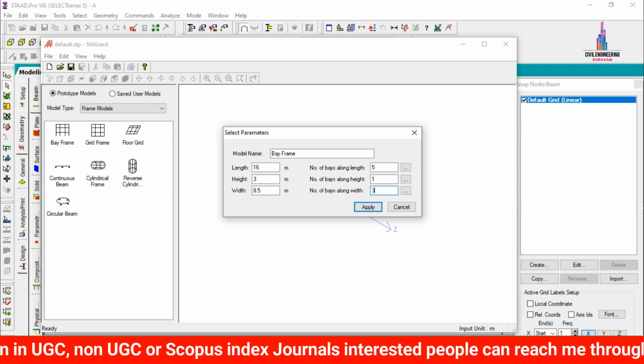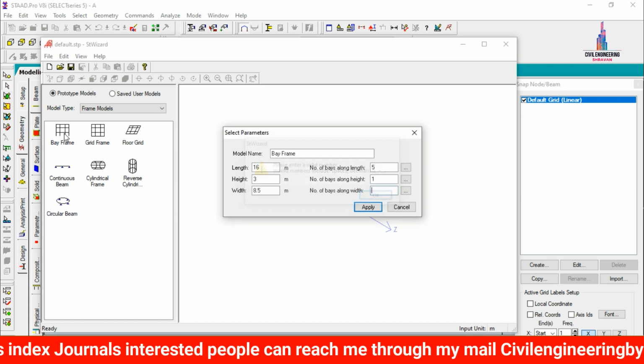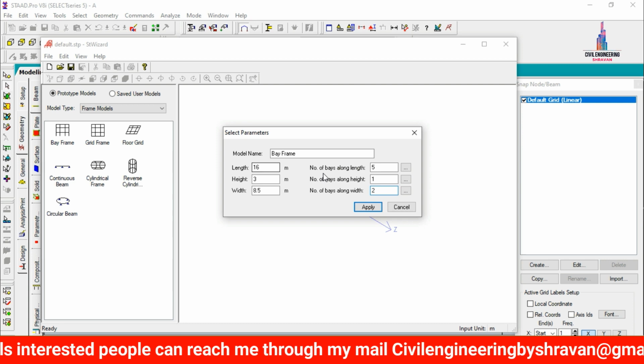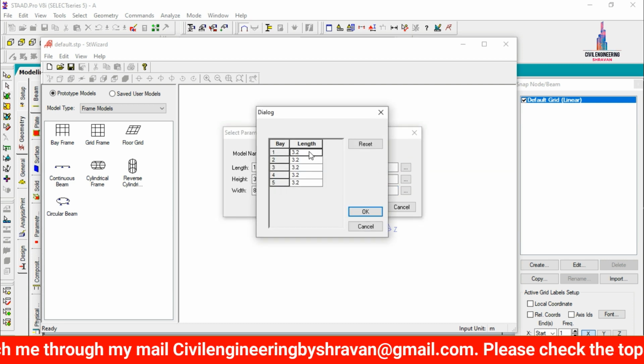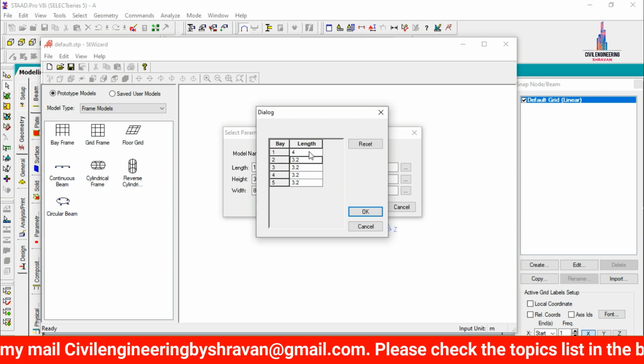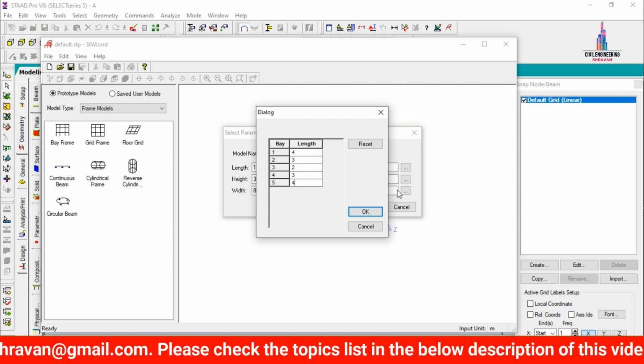Again after that we have to model that lift provision. Here I am taking an example of 2 meters. Let us consider 2 sections. After that we have to select these 3 dots. Initially we need to enter the length of the building. Here I am taking it as 4, 3, 2, again this is 3, this is 4. Okay, click on OK.